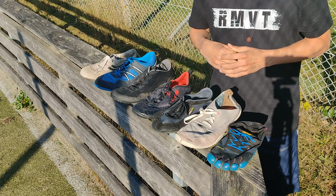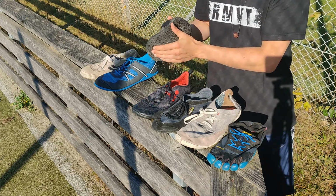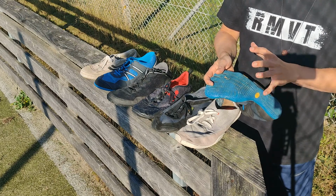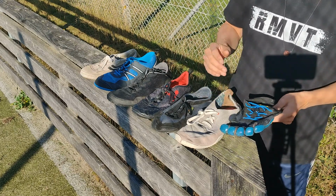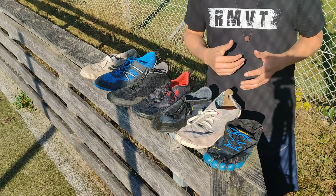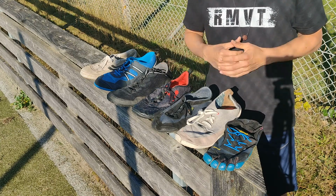If you're looking for a very good grip for the outdoors, this one from Freed, the Flex model, has a very good grip. Also the Tate Evo has a good grip. This one also has an okay grip, but it depends on what kind of surfaces you're on. So yeah, I hope this video gives some inspiration about new models or new companies you haven't heard about before,